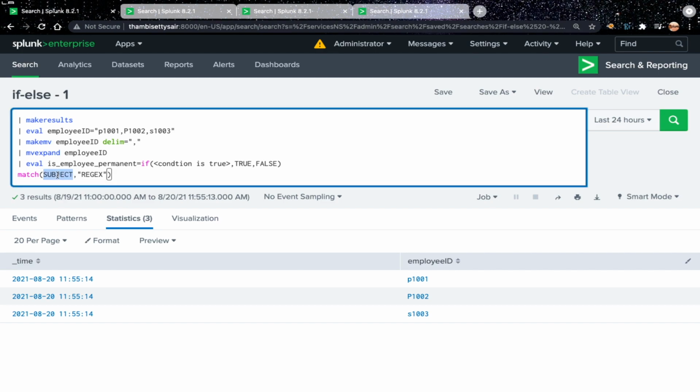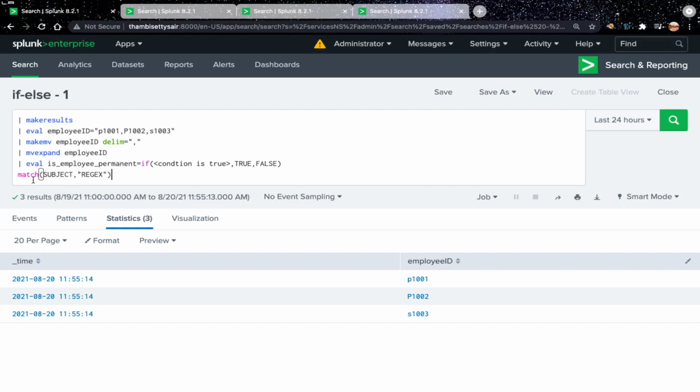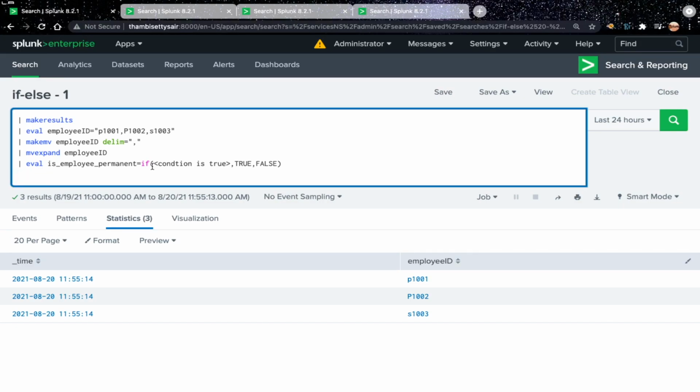Let's use the if and match functions to find out whether the employee is permanent or not. We have created a new field, is_employee_permanent. Based on the requirement, we assign S to the new field if the employee ID starts with P, either lowercase or uppercase, otherwise no. Let's use match here.